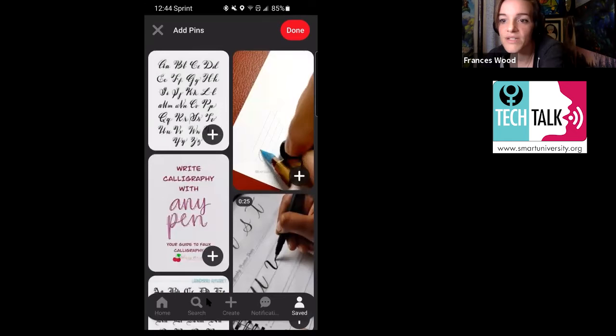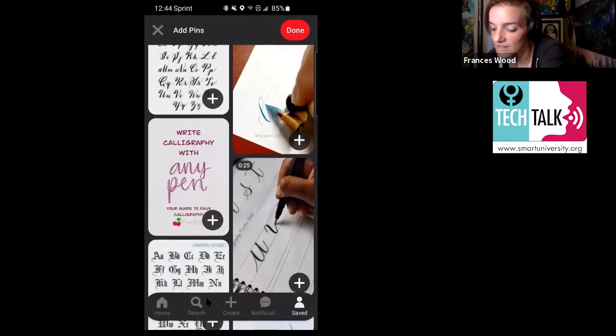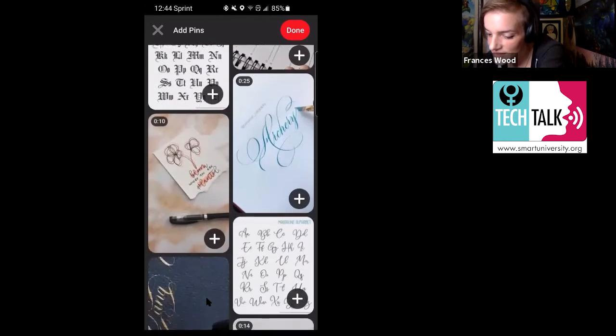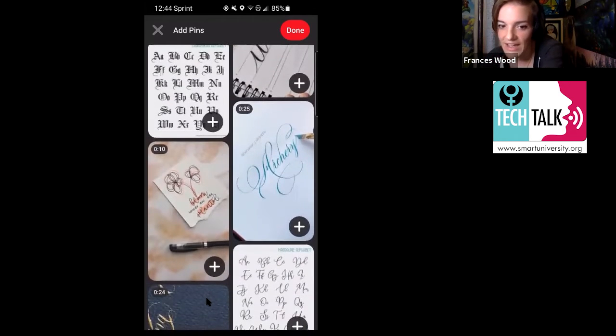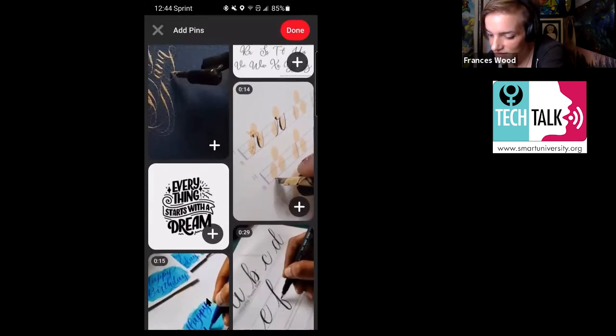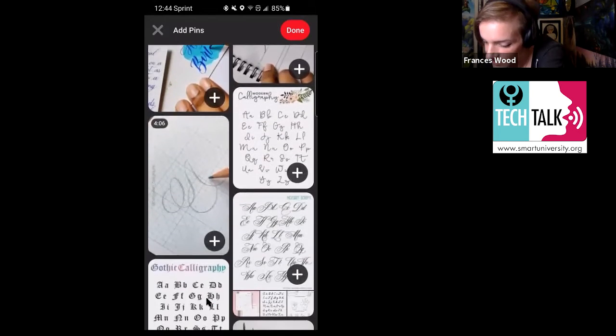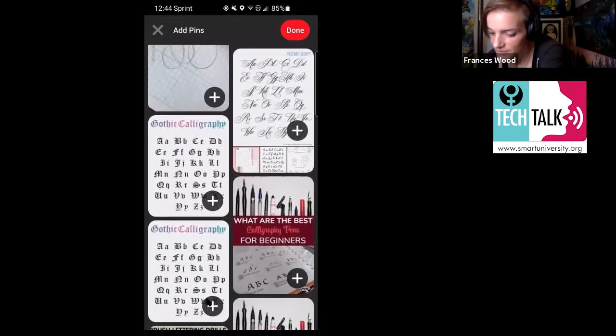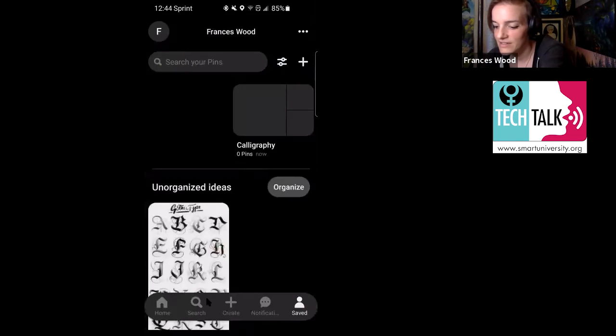And then look, it gives me a whole bunch of other ideas about calligraphy as well. All right, so I can say, oh, I like this one right here. I'm going to add that plus sign to add it to my board. And I also am into this other form of Gothic calligraphy right here. I'm going to say plus, and I'm going to say done. All right,